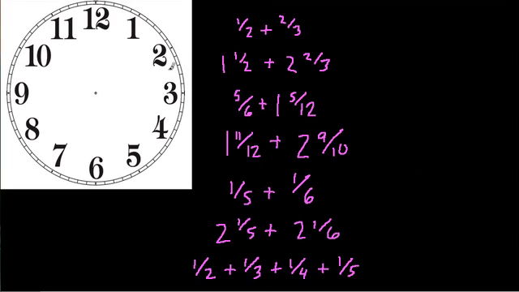Alright, so here we have more problems using the clock model, except now we're introducing mixed numbers. But that's no big deal. Here we have a half and 2/3. So what that means is we have half of an hour, which is 30 minutes, plus 2/3 of an hour,